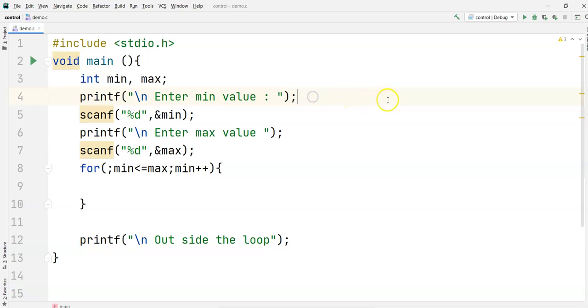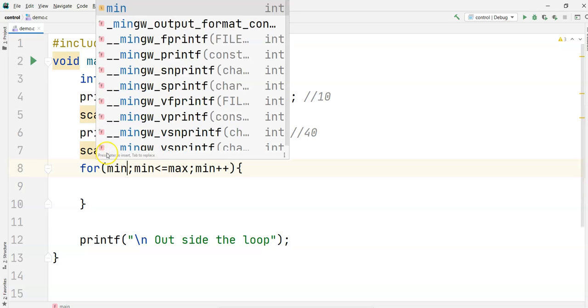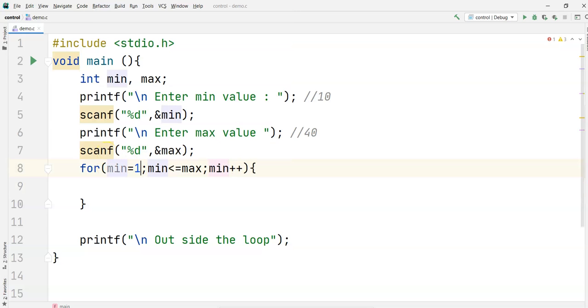Whenever you are saying enter minimum value, you might be entering 10. Whenever you say maximum value, you might be saying like 40. I don't know whether minimum is equal to 1 or 2, so when you don't know that, I have just left it empty.